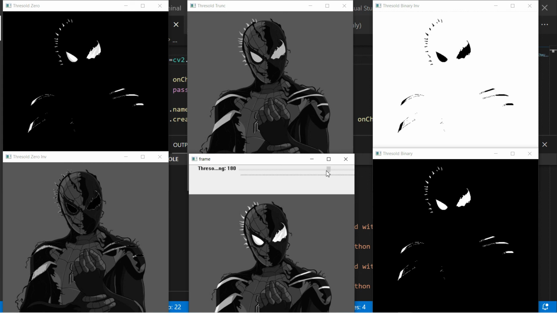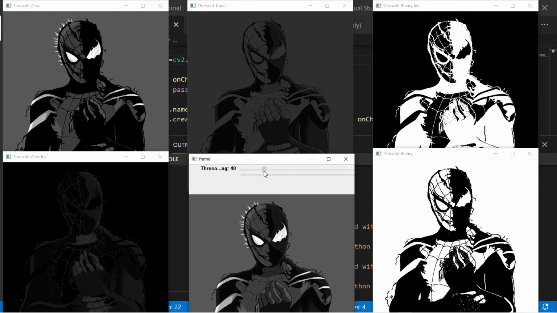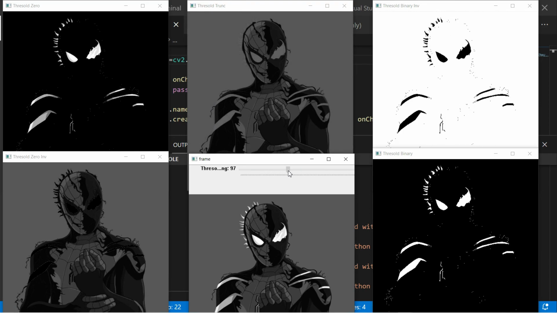You can see this is also the same thresh 0, and this is thresh 0 inverse, which means white becomes black and black becomes white. And this is the threshold binary inverse, the opposite of them: on the white side it will be black, and on the black side it will be white. And this is the threshold trunc here. You can see how it changes the image here. Very interesting